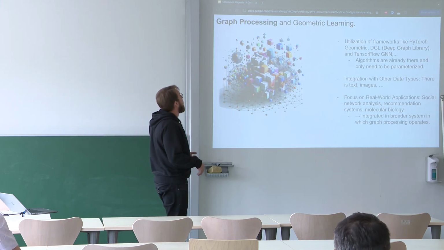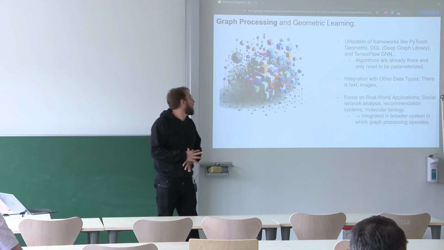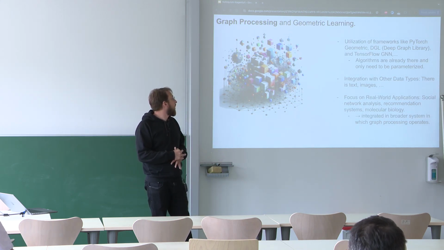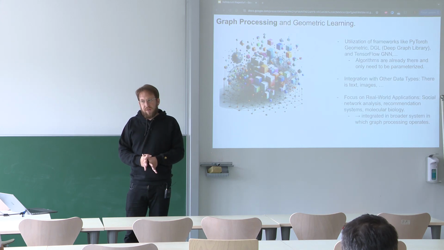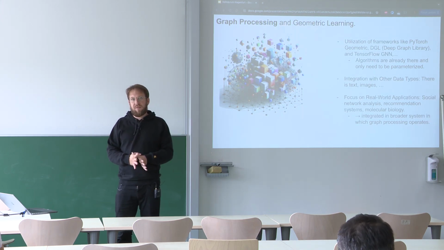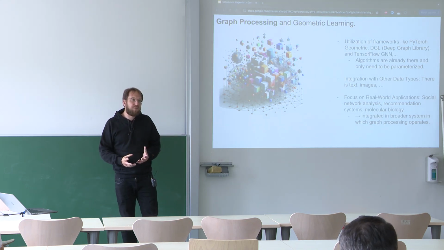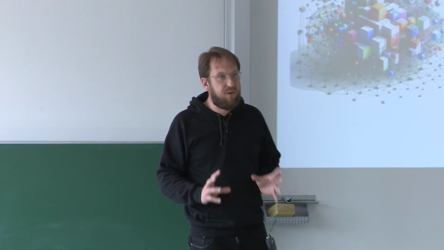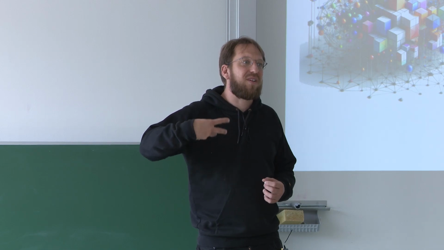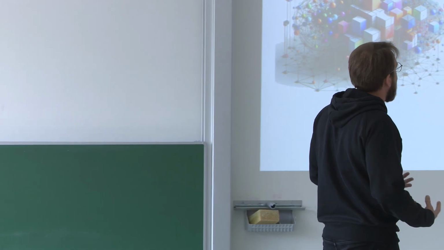For graph processing and geometric learning, there are frameworks for that, and they are well developed. So there's PyTorch and this DGL and many, many more. I didn't look too deep into that. But these algorithms there are already prepared, and most people just use them. Obviously, there are people that develop the algorithms and develop the frameworks, but at least from my perspective, this is a very application-driven field. So a lot of people use graph neural networks, and it's not about getting more performance out of them, right? So when you go to these conferences, you see people with actual applications. And